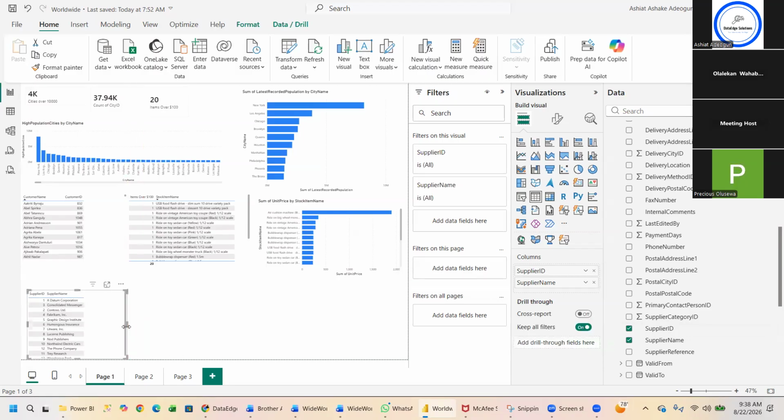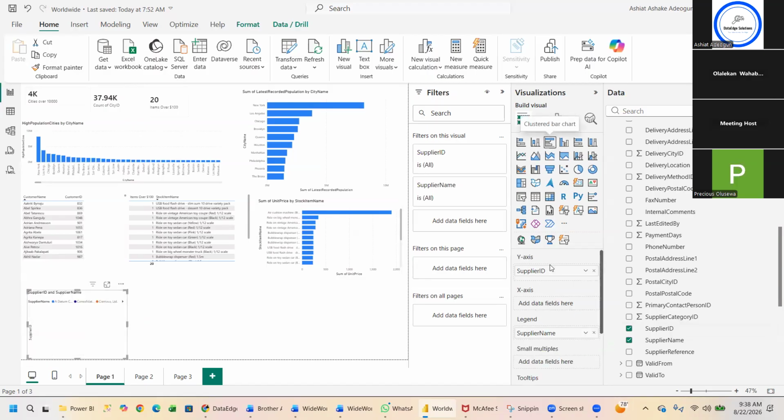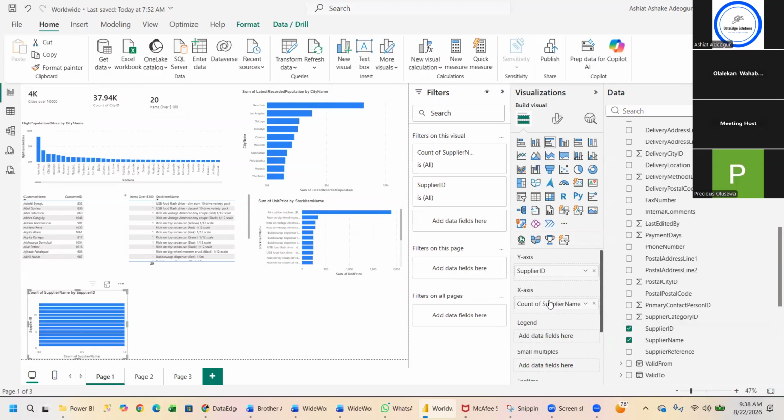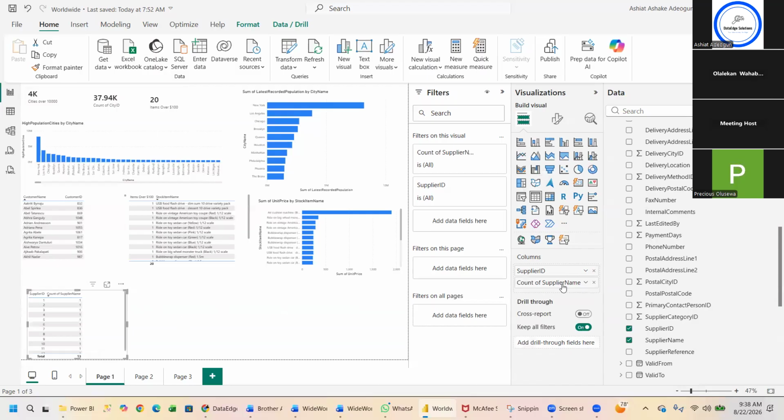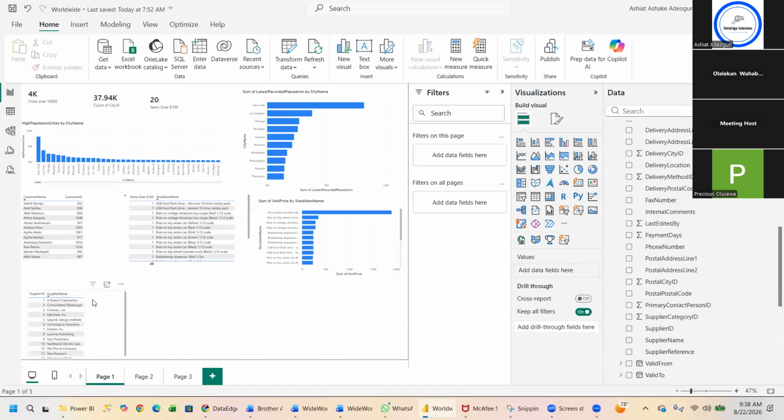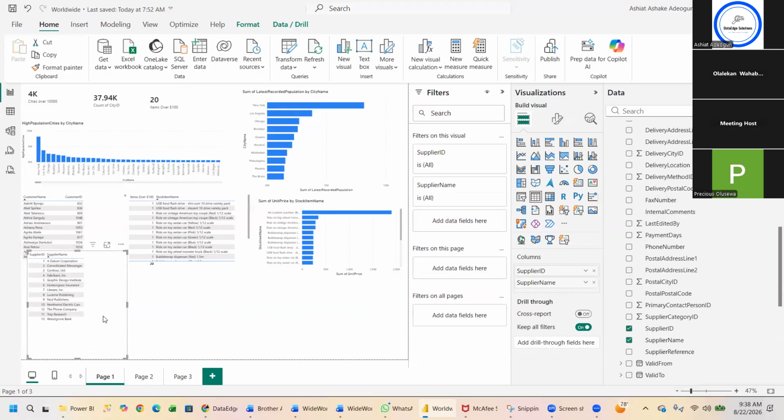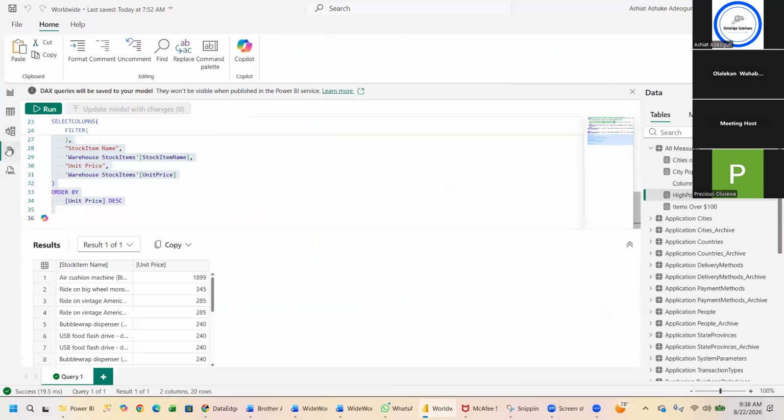So these are the suppliers in the suppliers table. I don't think we can use a bar chart, even though I like bar charts. Supplier name here. No, table, I don't want to count. Let's use a table because we have supplier ID, supplier name. Do not summarize now. So these are the suppliers. We have 13 suppliers. So you can come here and write the same query,